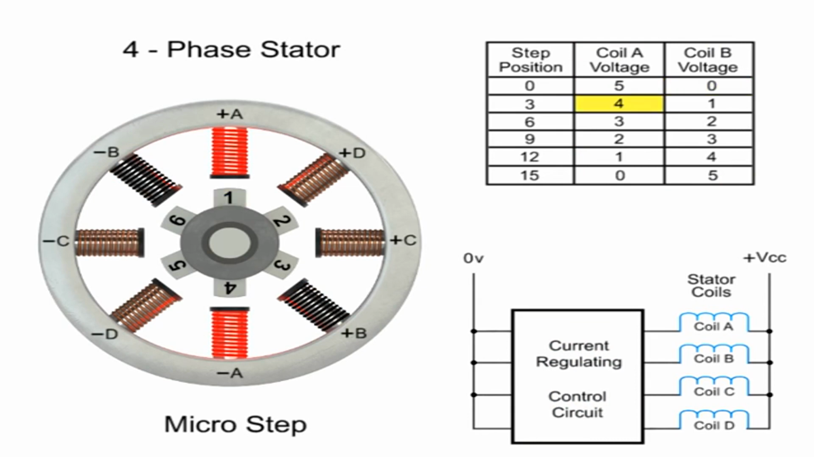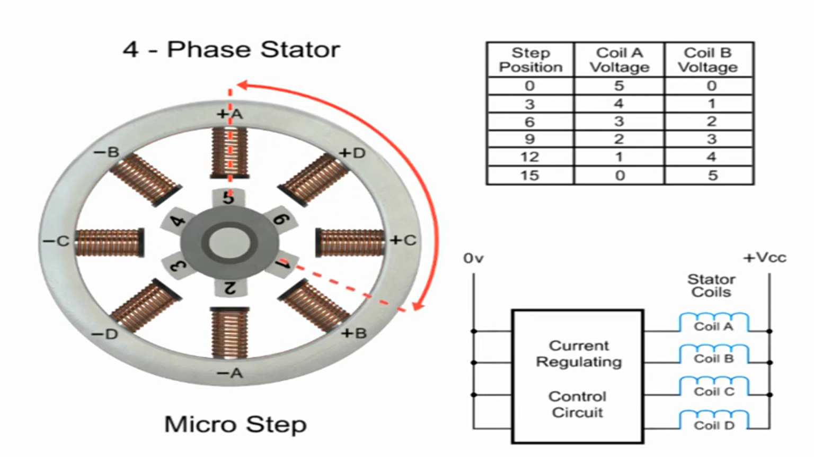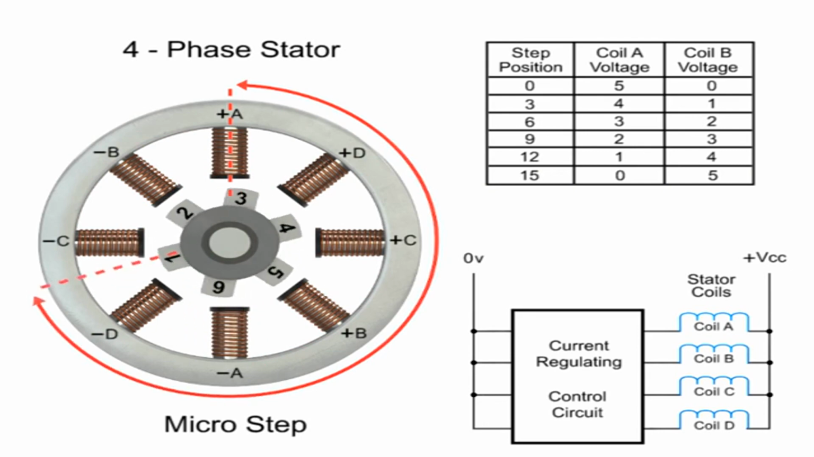Reducing the voltage to coil A and increasing voltage to coil B, the rotor will begin to rotate in a clockwise direction and continue until the voltage is 0 at coil A and 5 at coil B. This process continues at all coils within the stator to provide accurate positioning. As you can see in this example, 120 steps are required